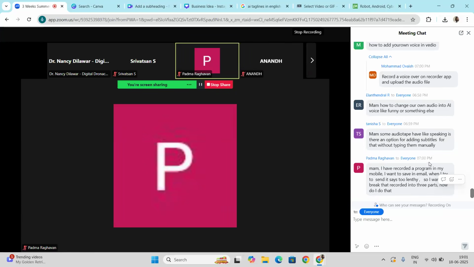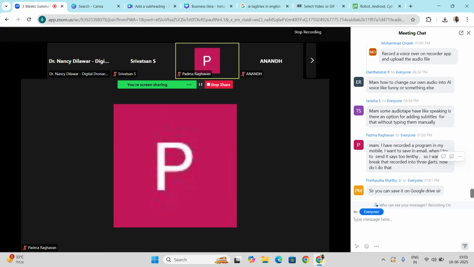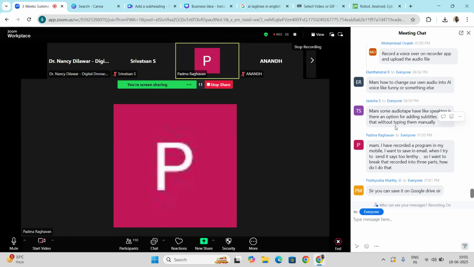Okay, so do one thing basically. If you are using Canva on your mobile phone, just open Canva on the mobile phone in Google Chrome and upload there. This is the best option, and you can use Google Drive as well. Okay. In Google Drive, it will save completely. Yes, it will be saved completely. Then it is sufficient for me. Yes.